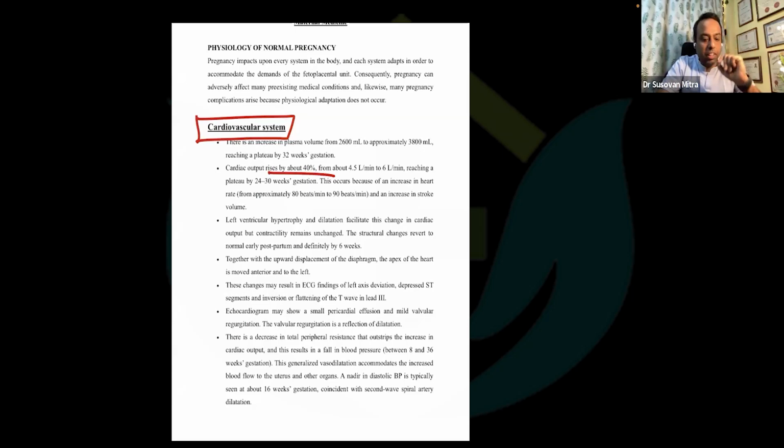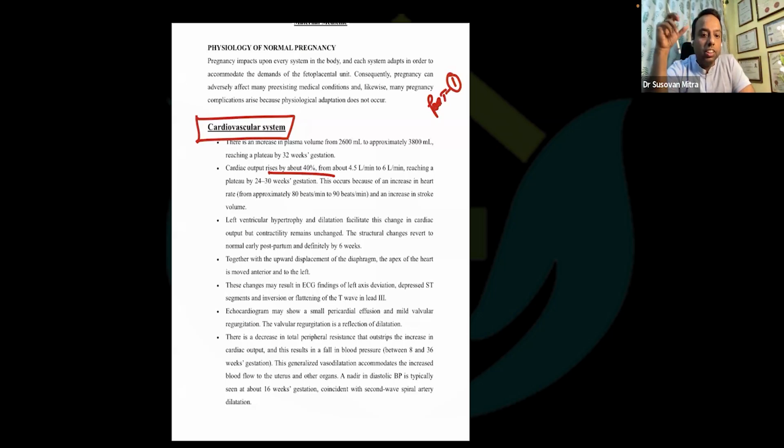It is important, as questions are asked multiple times in Part 1, which stage has the most cardiac output. It's in labor, the second stage of labor, and it will plateau up to 30 weeks of gestation. And there is an increase in the heart rate and increase in stroke volume, which I always mention like that. This is important when you are reading.